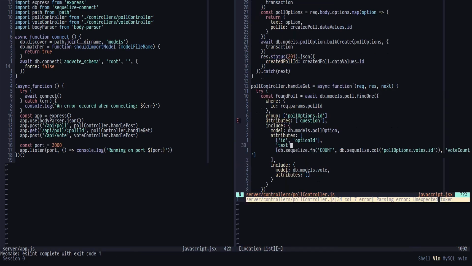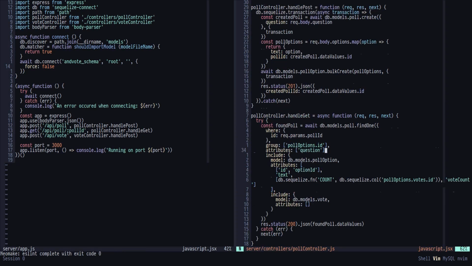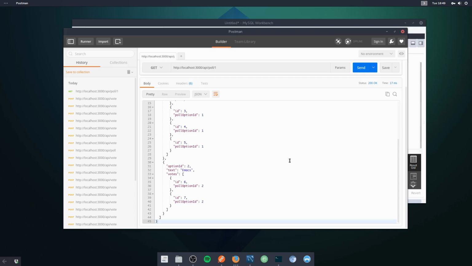Got a little error there. It says parsing error, unexpected token. Again, I forgot the comma there. But having grouped by poll options.id and using the count function, if I rerun this query, we should see a